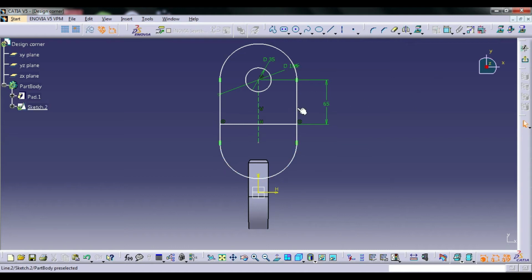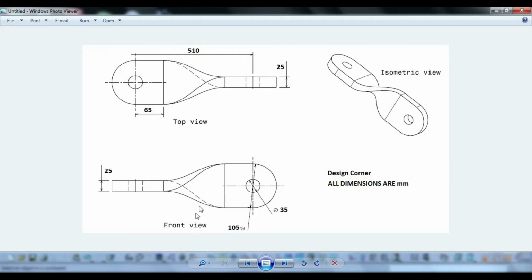And also one more thing we didn't give: from this center hole to this center hole is 510 mm.